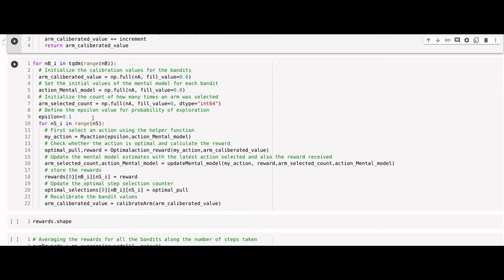Now for each bandit, the next inner loop goes over the complete number of steps. We have earlier defined 10,000 steps for this. So each bandit will run for 10,000 steps, or 10,000 pulls of different levers. The first thing is to select which action is the best action. Select your action using the my action function, and then using that action,